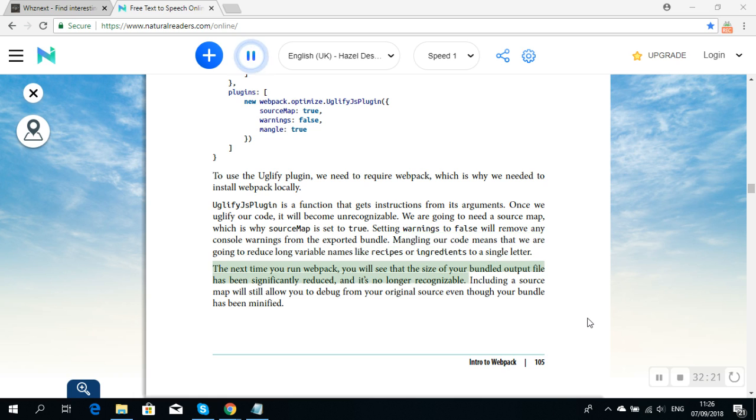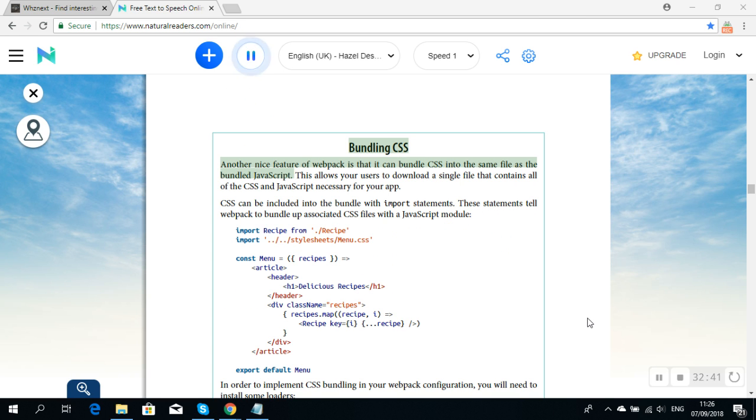The next time you run Webpack, you will see that the size of your bundled output file has been significantly reduced, and it's no longer recognizable. Including a source map will still allow you to debug from your original source even though your bundle has been minified. Bundling CSS. Another nice feature of Webpack